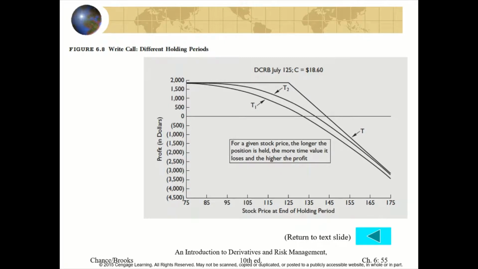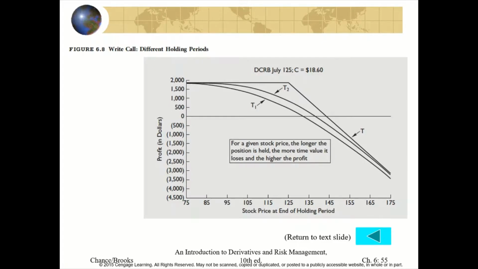It goes back to the fact that what position did I take when I entered into the option? Did I take a long or did I take a short? Did I receive the premium or did I pay the premium? Well, when I entered into the option, since I entered into a short position, I received the premium,